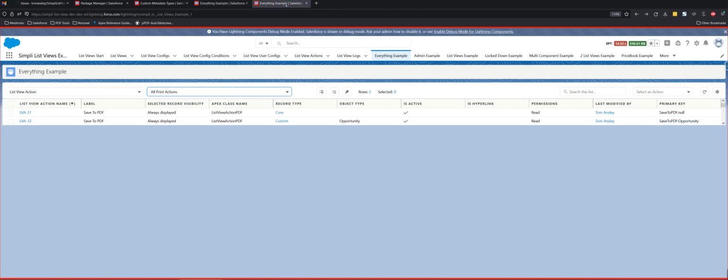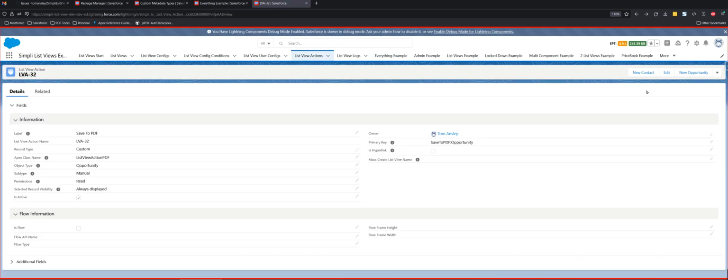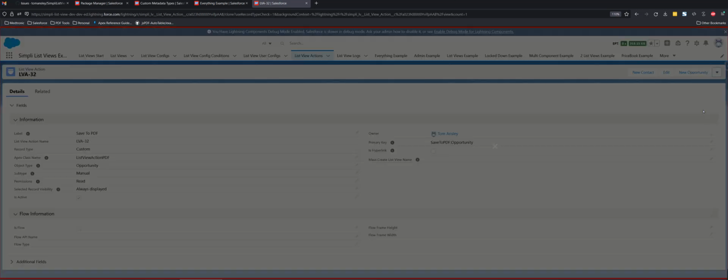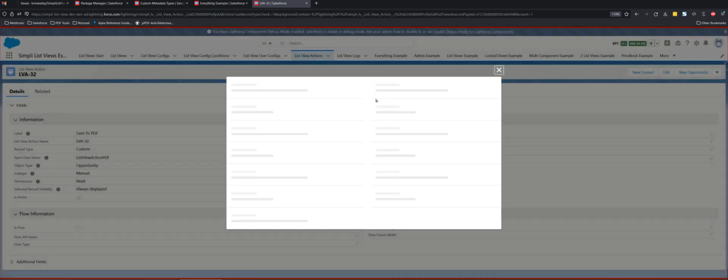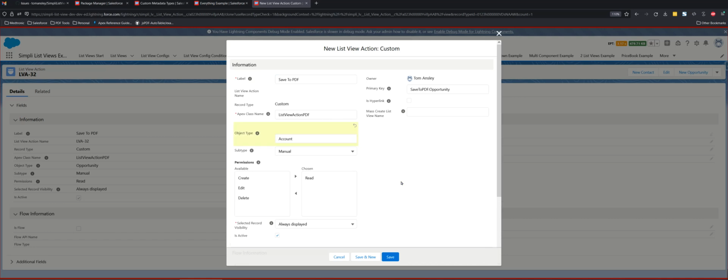So one would need to be added, which would not be difficult at all. We should be able to just go into the list view action opportunity and clone this particular action, and we can make it account object type